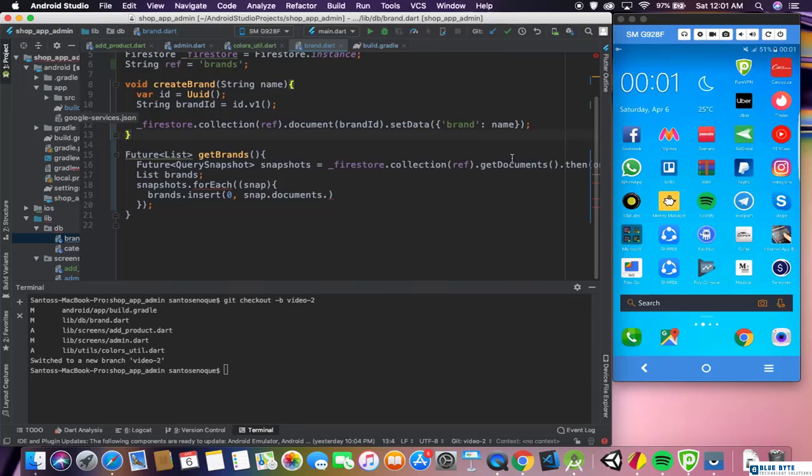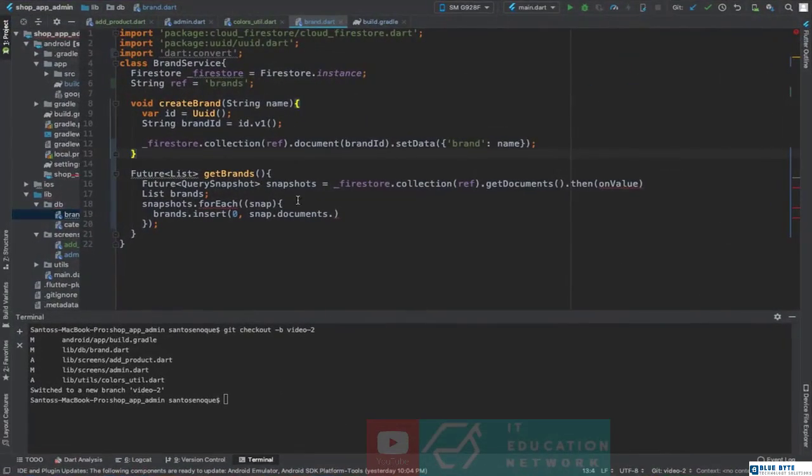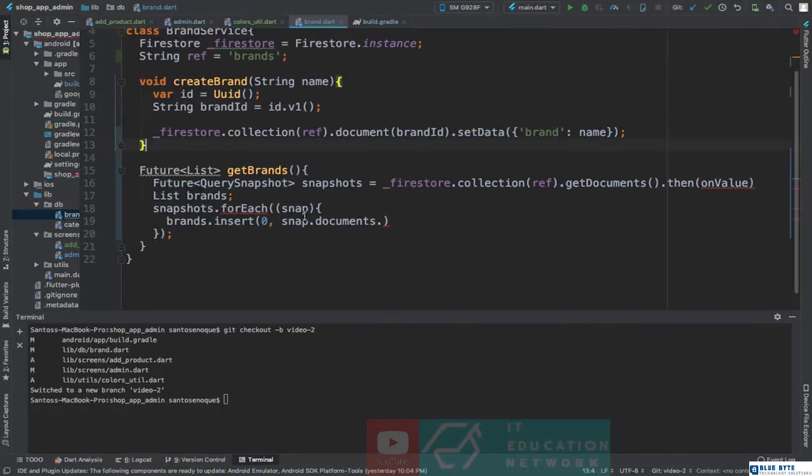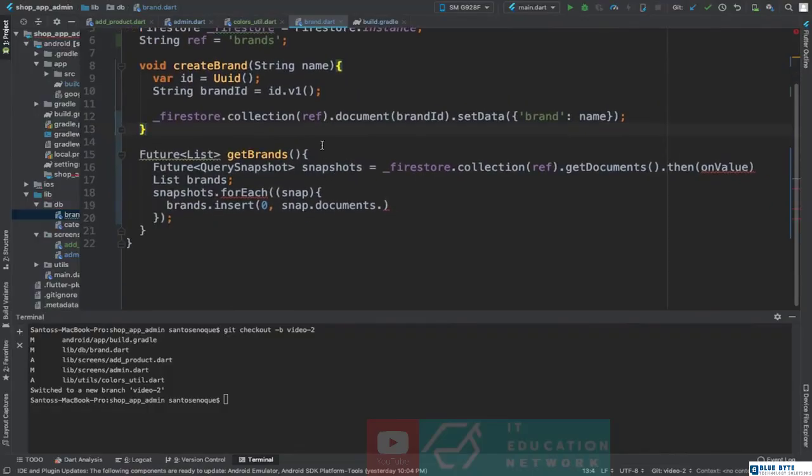So the first thing we are going to do here is we are going to change this. Maybe this is not exactly what you have on your computer,